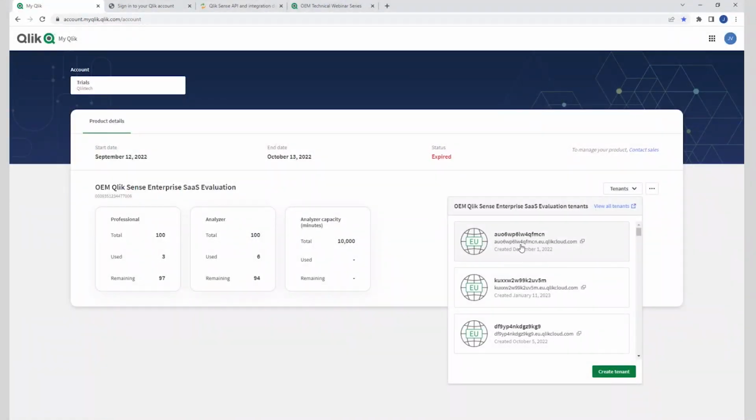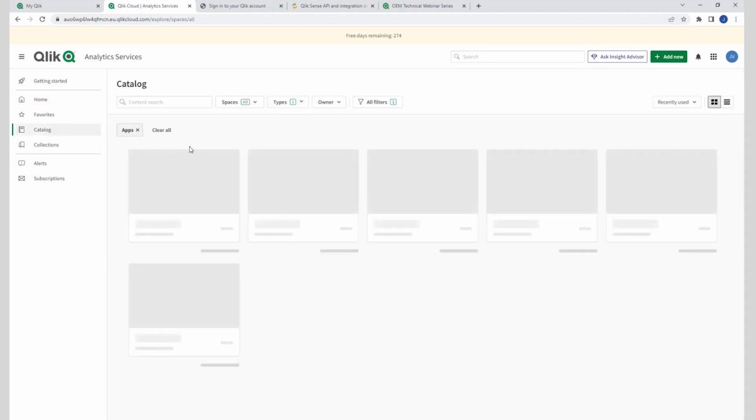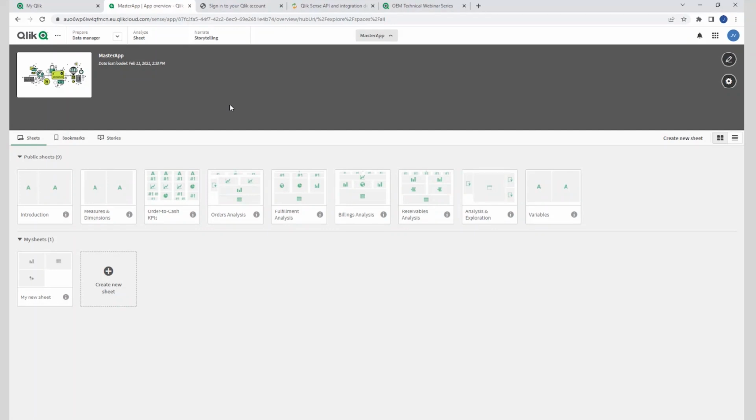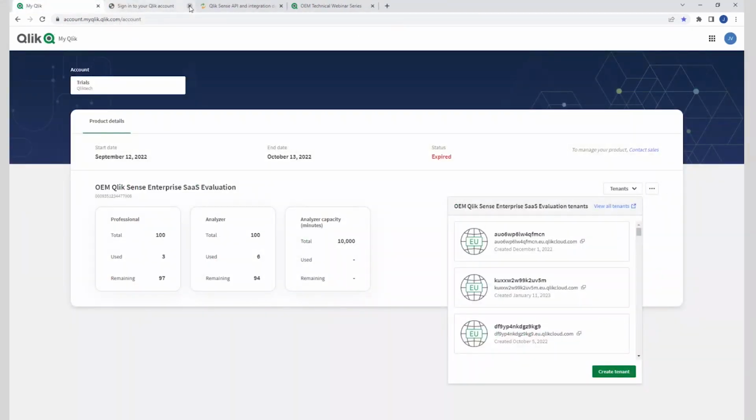This tenant here will be considered my OEM master tenant. So this is only for the OEM partner. And in here I keep my, let's say, master application. This application here is the one I want to copy every time I spin up a new customer tenant. So in this case I have to remember that ID 87 something to be used as an input when I'm creating my API calls. So I'll close the tenant, and then I can go over to